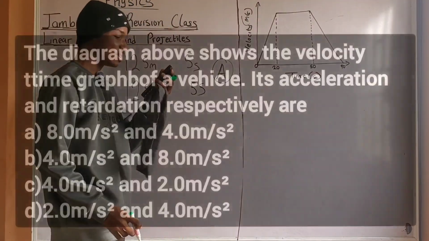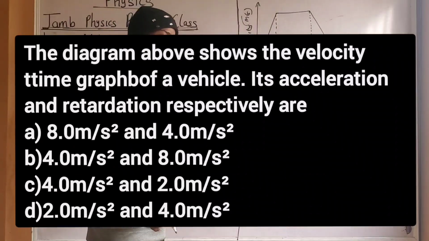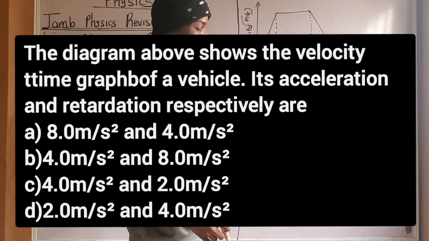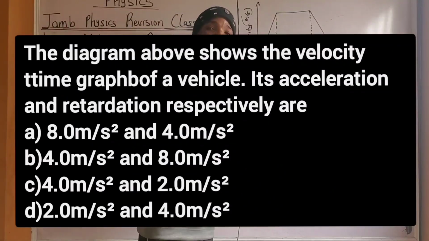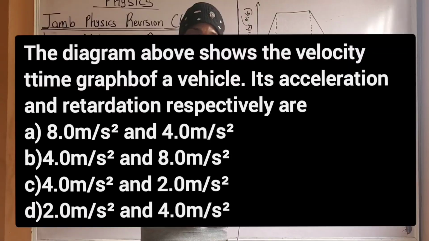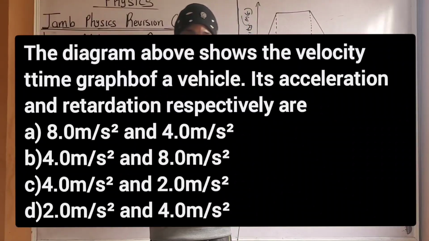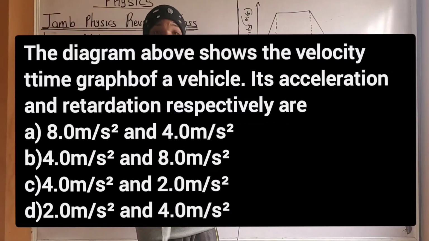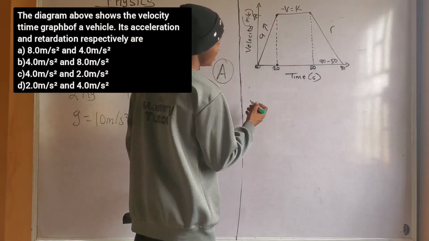Now, let us look at the next question. The diagram above shows the velocity time graph of a vehicle. Its acceleration and retardation respectively are: A, 8 meters per second squared, 4 meters per second squared; B, 4 meters per second squared, 8 meters per second squared; C, 4 meters per second squared, 2 meters per second squared; D, 2 meters per second squared, and 4 meters per second squared. Okay? For the acceleration